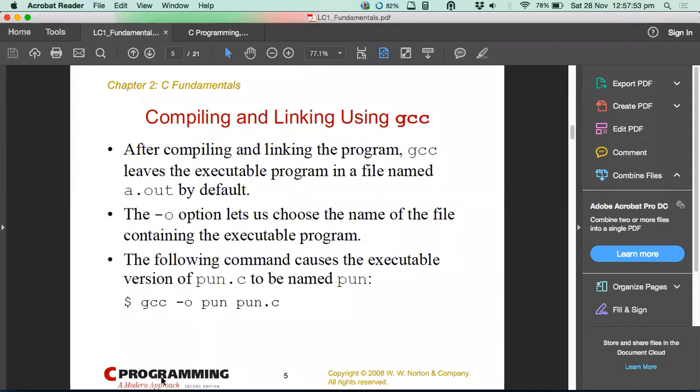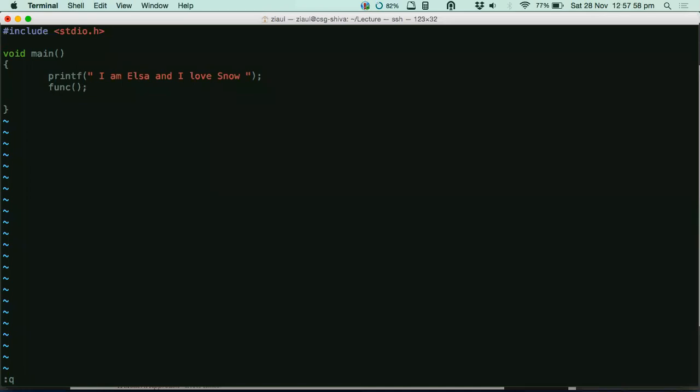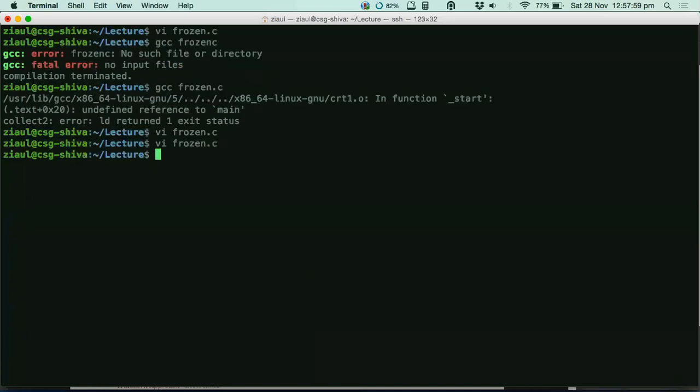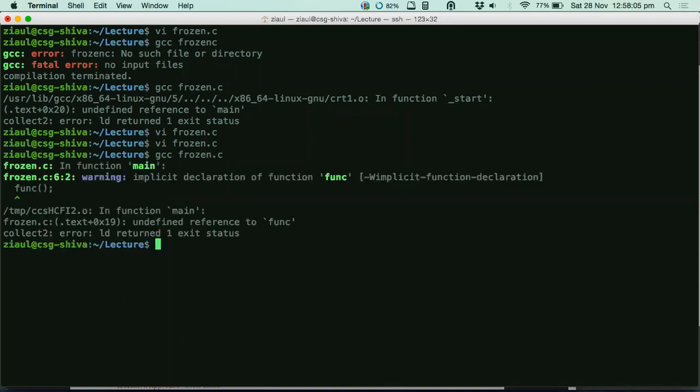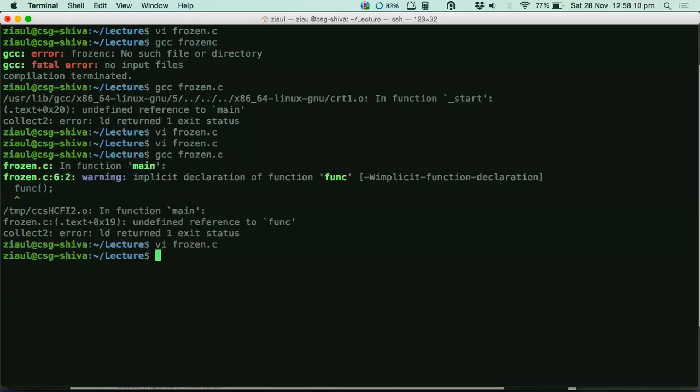Another subtle point here. Whenever I did gcc frozen.c, I got the executable created for me.